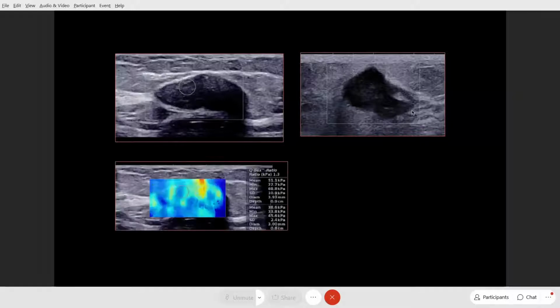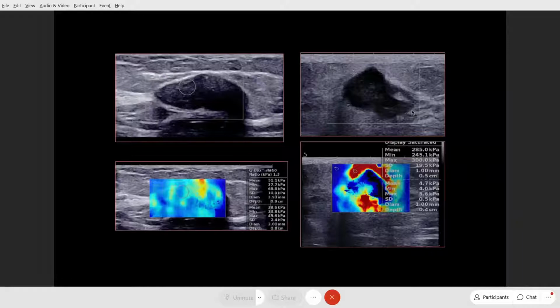Now, look at the elastography of this first case. This is completely blue and it has very low elastography values. And so we are pretty convinced that this is a probably benign finding. But look at the second case. Our diagnosis now totally shifts, and we are not going to send her back saying that you can come back after 6 months, because the elastography values are way high, close to 300, and we have a stiff rim sign. I will not be happy to send her back for a follow up. I would like to do the biopsy right away.